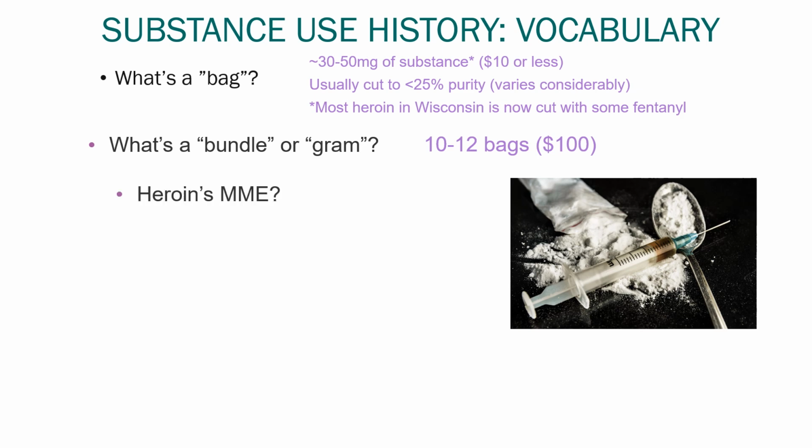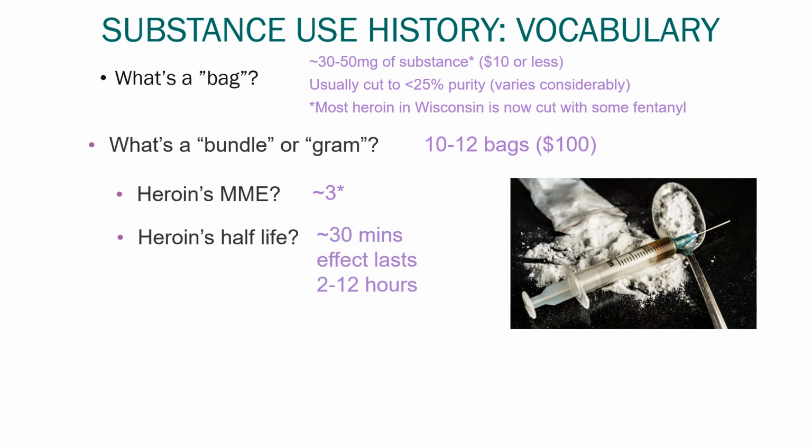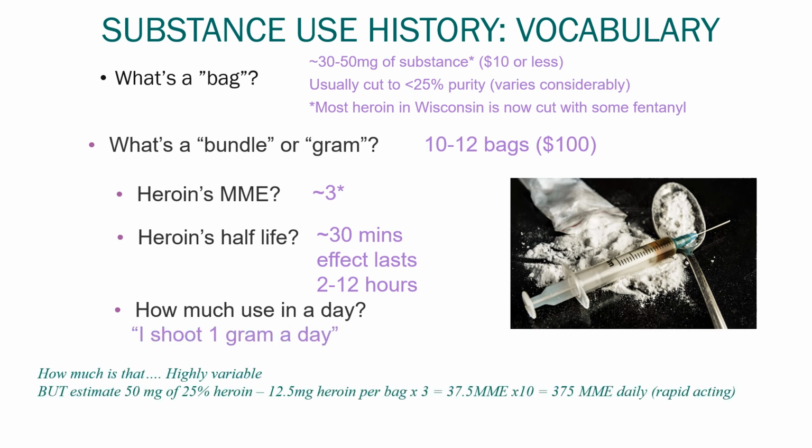So, okay, if they're using a gram of heroin a day, how many morphine milligram equivalents do we actually estimate they're using? We know heroin is 3 times as potent as morphine, that it has about a 30-minute half-life, and depending on dose, it lasts for 2 to 12 hours in people. If someone says they shoot a gram a day, again, really highly variable because we have an unsafe drug supply and we don't really know the purity of the substance that people are using. But assuming 25% purity, which is the common street value,